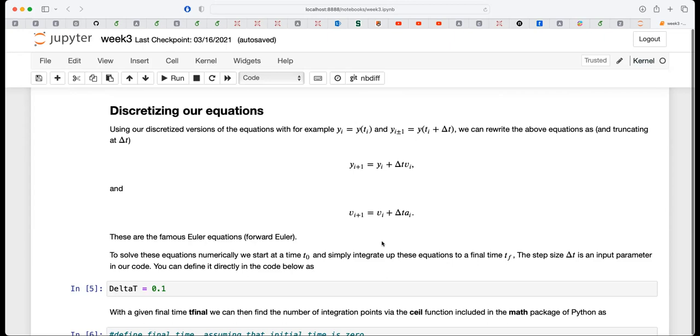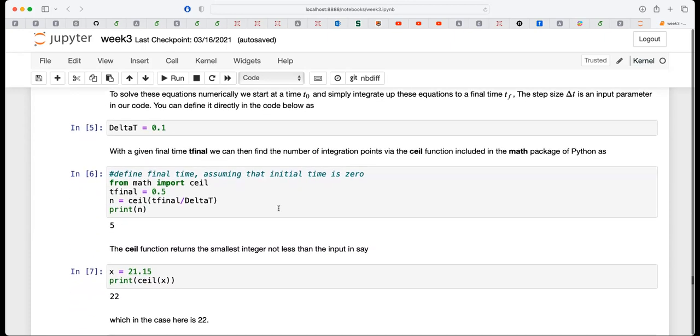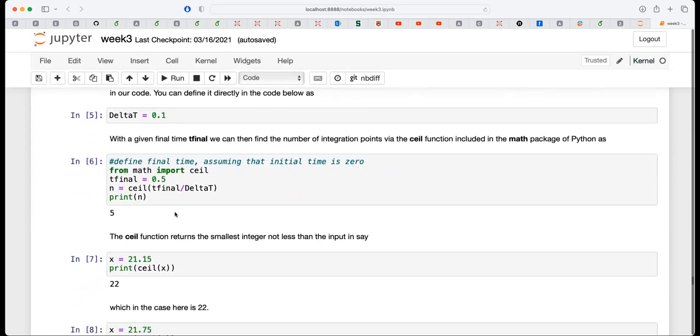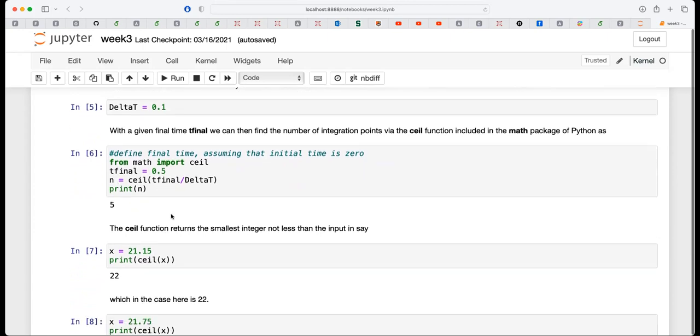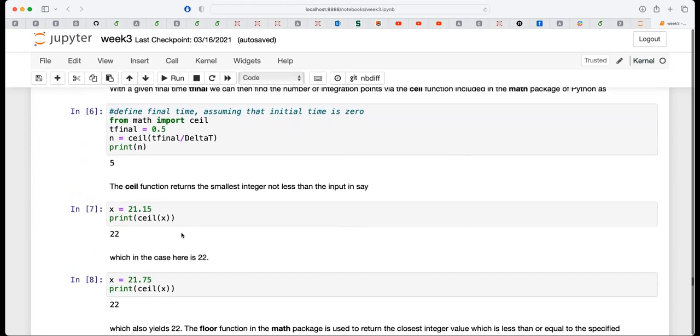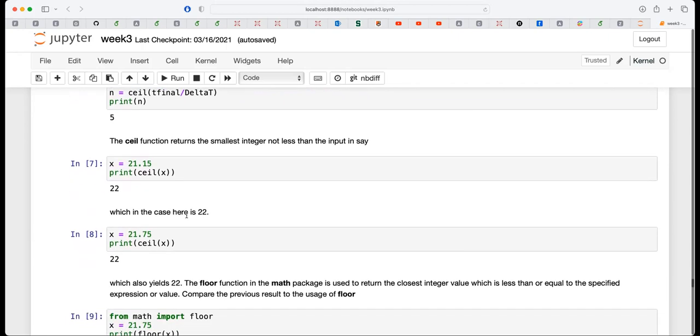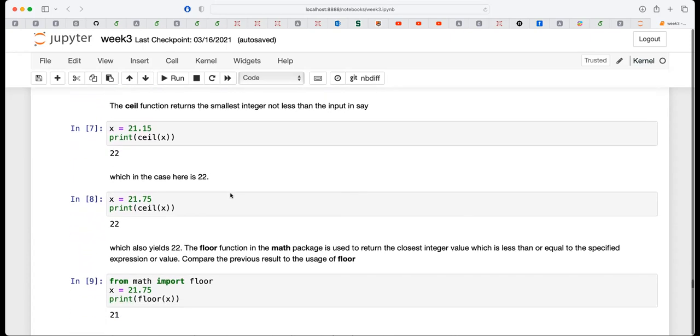And if you scroll down a little bit, what I'm doing here is finding the number of integration points. So I invite you to take a small look at some of these Python technicalities with the ceiling function, ceil, which rounds up a given number. So if I have 21.15, it gives you the smallest integer not less than the input.